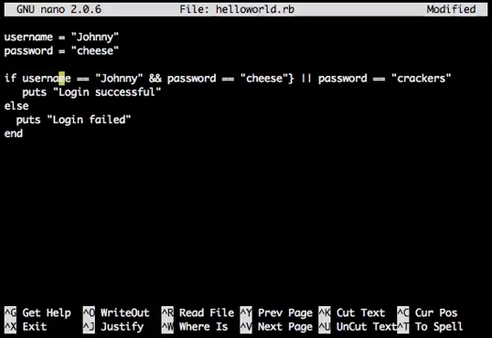And so I'm going to say if the username is equal to, I need to put those as not curly braces, as actual parentheses. If the username is Johnny and the password is cheese, or if the password is crackers, login is successful. So those are two actually very different logics that we're setting up, and they behave vastly differently. So this is where we get into the nuances and pickiness of programming. That was the difference of where I put those